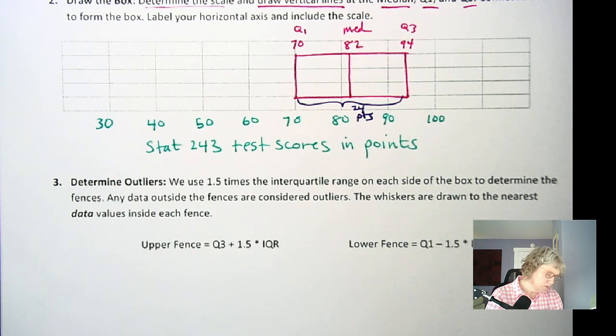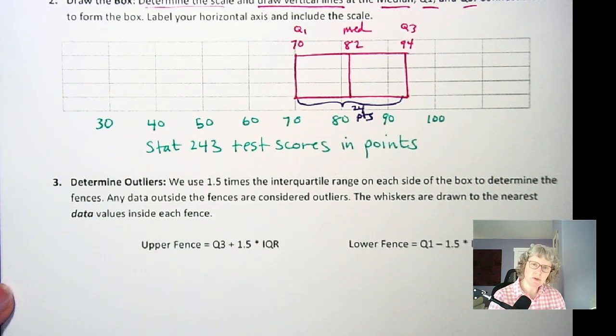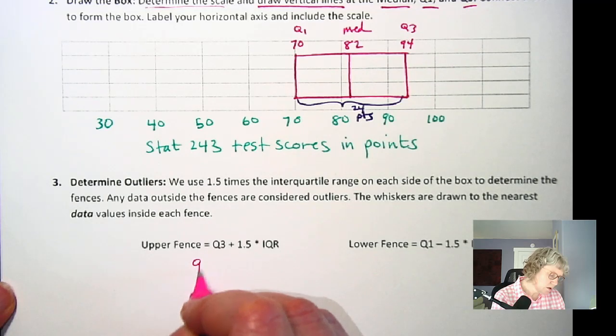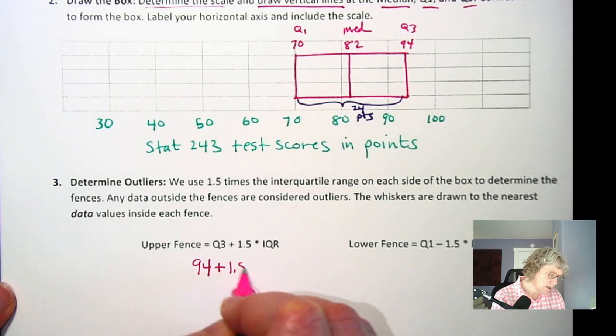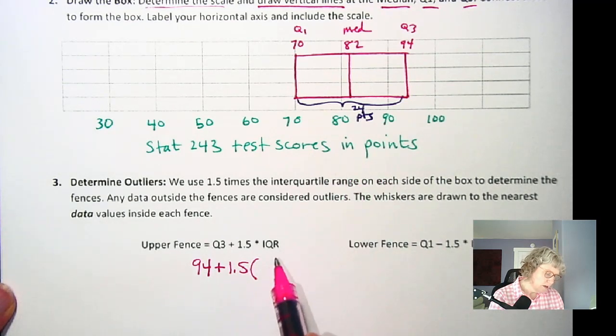Okay, I will do it with the formula. But if you construct the box plot, then you kind of have a sense of what the fence formulas are, and you don't have to memorize them. So our upper fence is 94 plus 1.5 times,